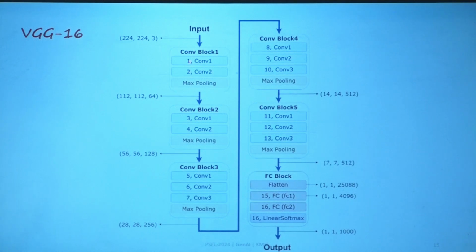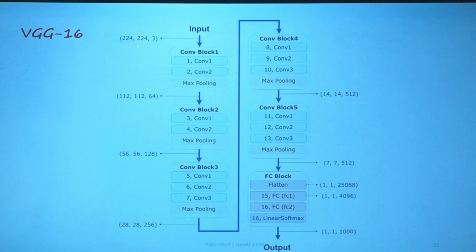Look at the first convolution block, 2 convolution layers followed by max pooling. With the input colored image of 224 by 224, you are getting an output of 112 by 112 by 64. Now can you tell me what the padding, striding and filters being applied are? What is the size of the kernel?